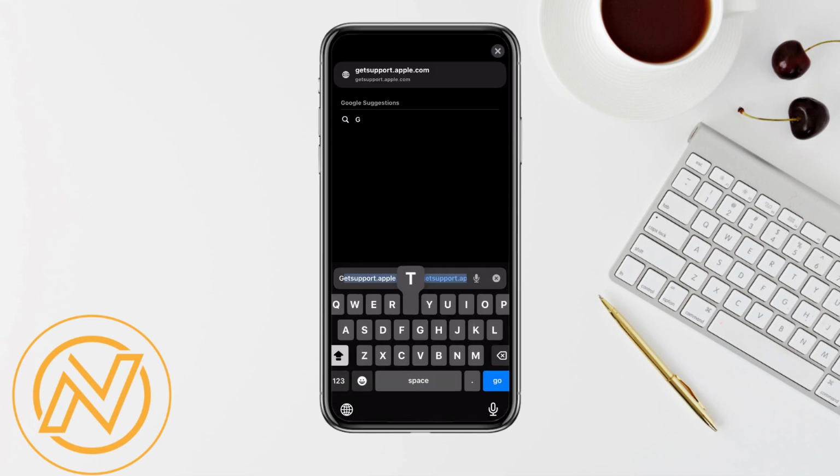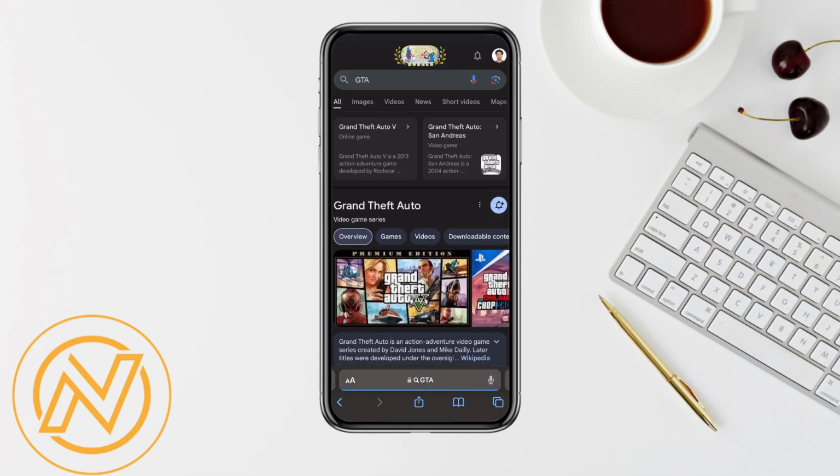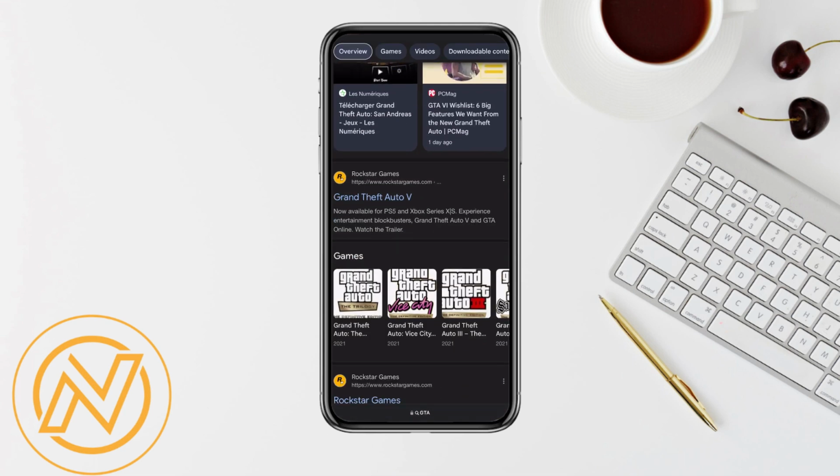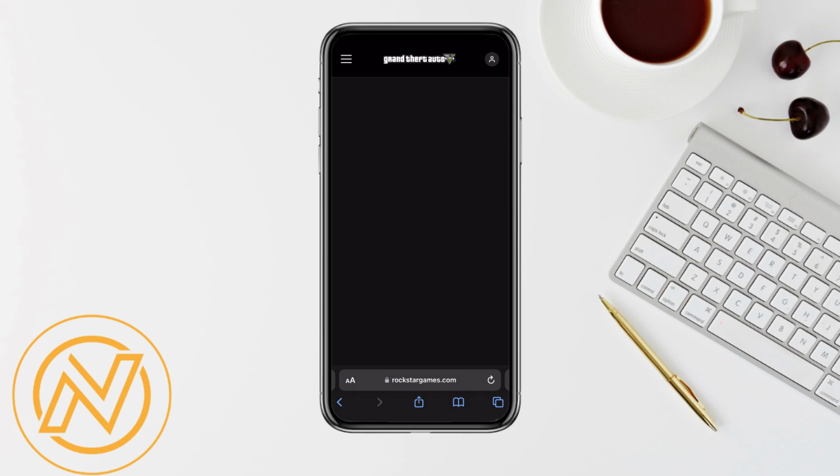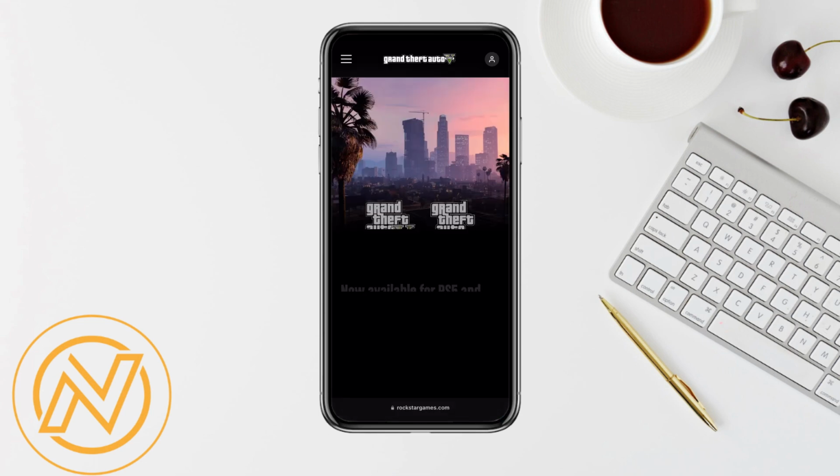Then, open Safari and search for GTA. Go to the official App Store page for GTA and purchase the game if required and download it to your iPhone. And that's it. You should now have GTA installed on your iPhone and ready to